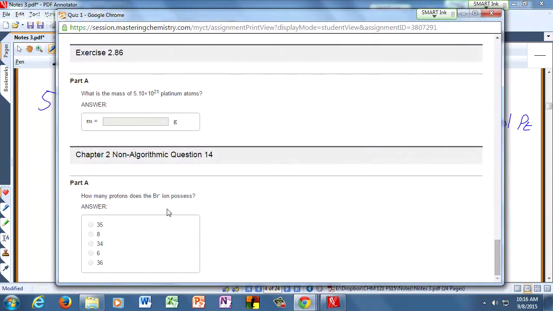And then the bromine ion, Br minus, is element 35. So it still has 35 protons. Anything called bromine must have 35 protons. If it has a different number of protons, it's a different element. What would change the fact that it's a Br minus ion rather than a Br element? What changes there? The electrons. So it would have one more electron than protons. So still 35 protons, but 36 electrons.